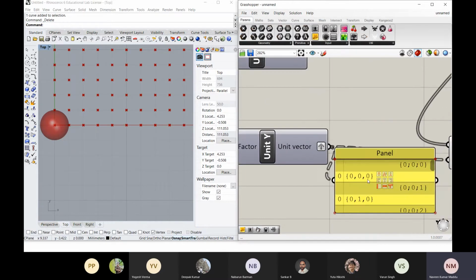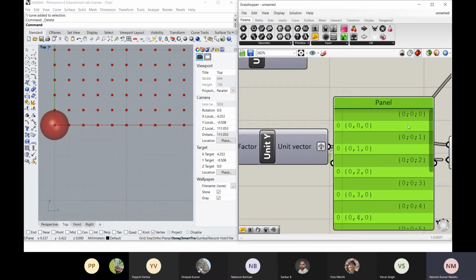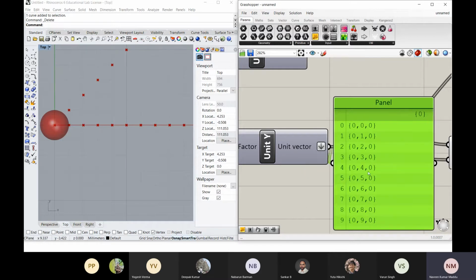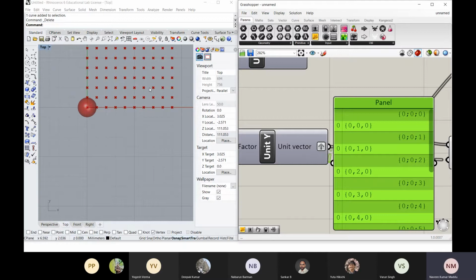So this is your data structure. It looks like this if you are grafting it: each is a single list, a list having a single point, another list with another point. If you are simply flattening it, it is a single list here. That's the reason why it's unable to create here. So you have to graft it, then it creates all the points in x and y direction.